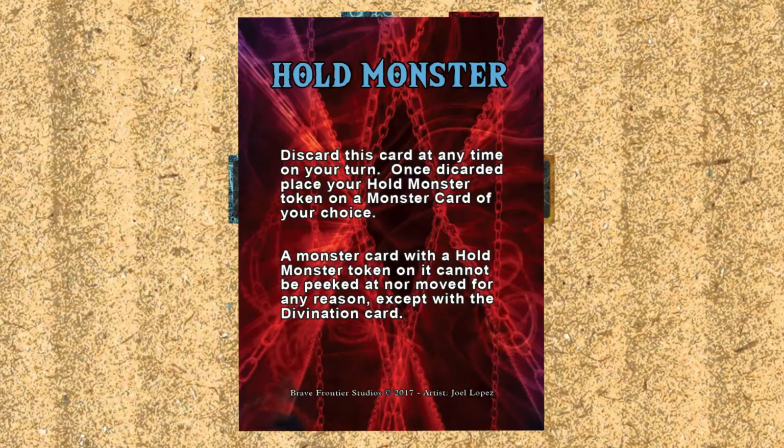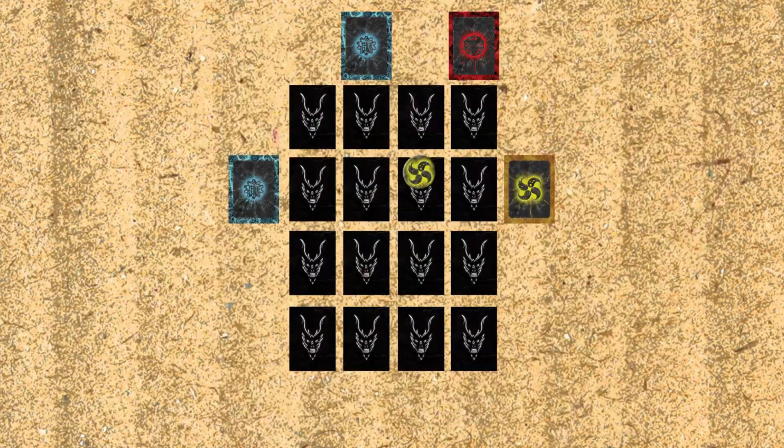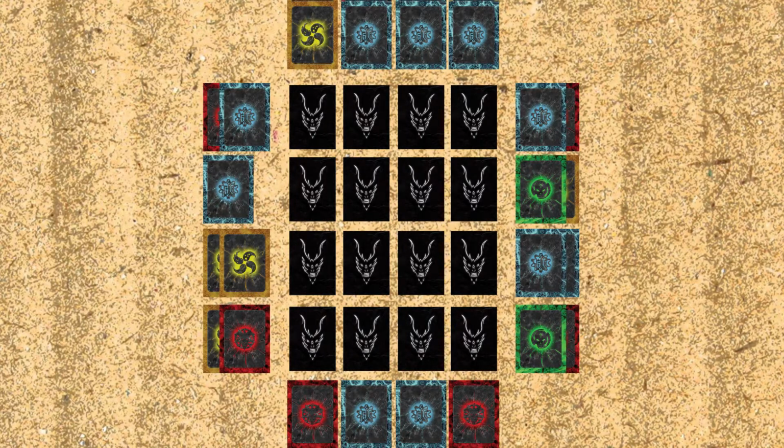A player may also play and discard their hold monster spell card to use its effect. The player takes their token and places it on the monster card so that it cannot move for the rest of the game. After that, it's the next player's turn. Once all players have played all 8 of their mage cards, the game has ended and we move on to